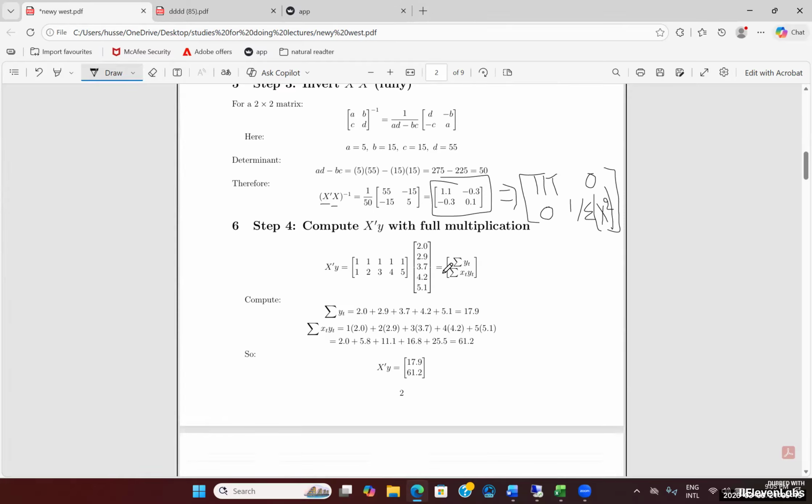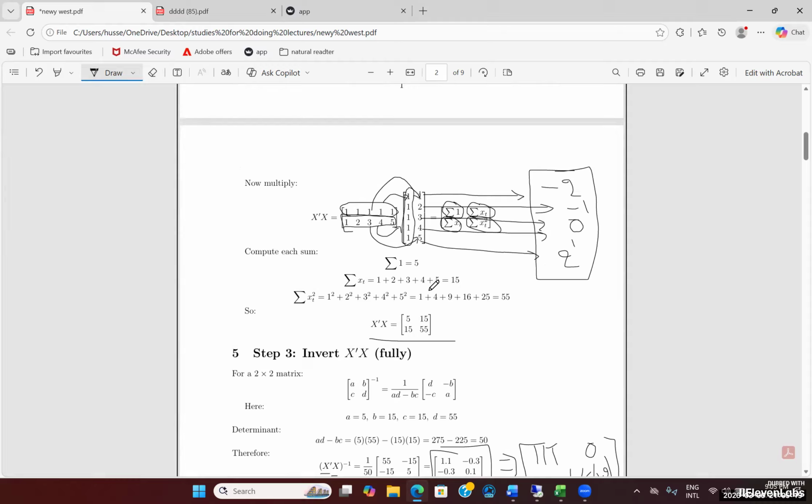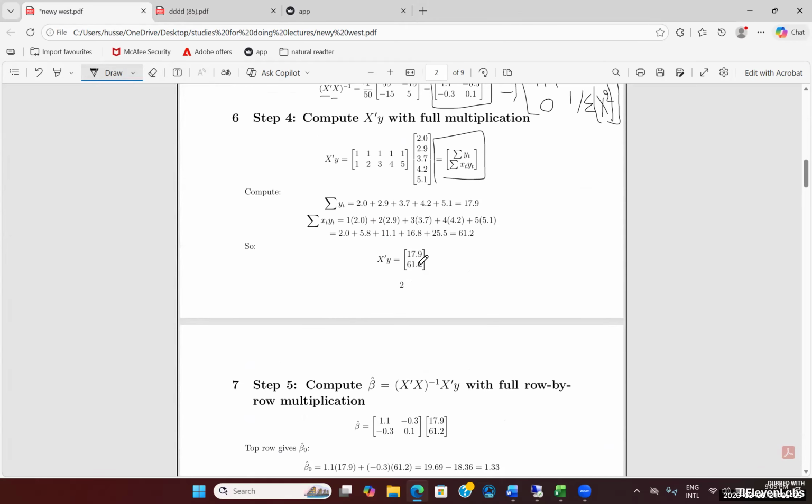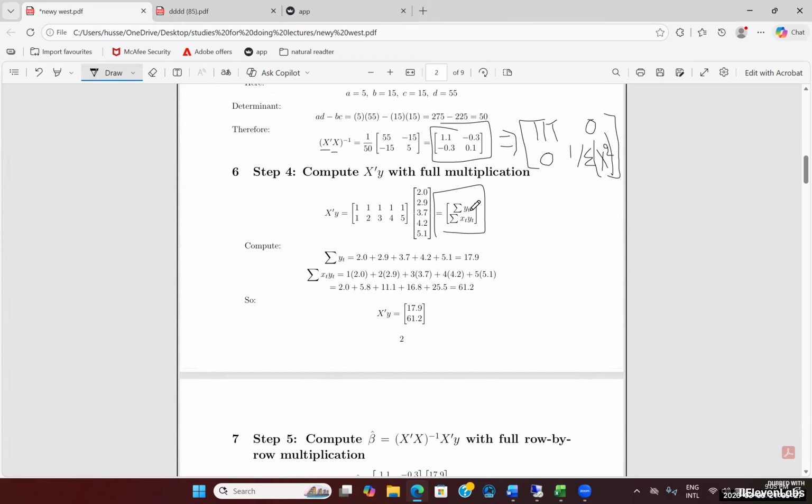The reason we consider multiplying that value by this term is quite important, as this term itself is directly derived from the preceding process we just discussed. If we take the value of x and multiply it by y, we are essentially obtaining the y component. The first element will be the sum of y. The second element is the sum of the product of x and y over time. So if you were to multiply this specific matrix,